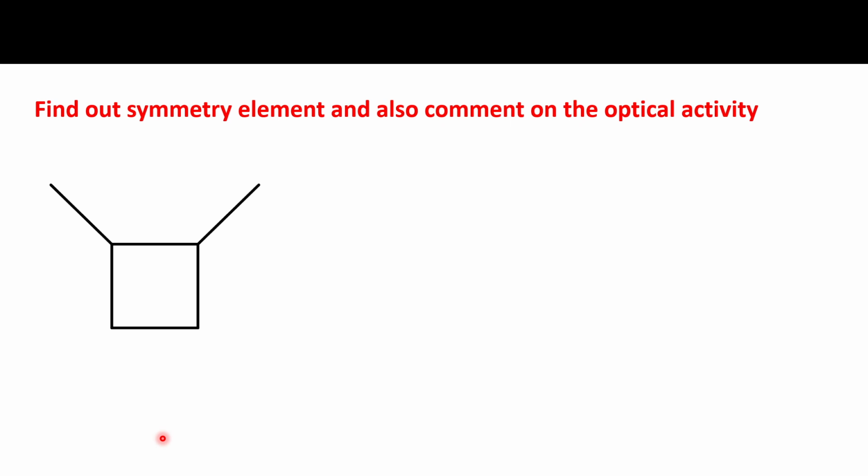We have to find out the symmetry elements of this molecule and comment on the optical activity. So if we talk about this dimethyl cyclobutane compound, and if we draw this compound this way, we have to talk about whether the molecule is symmetric or not, and its optical activity. So if you draw this molecule like this way,